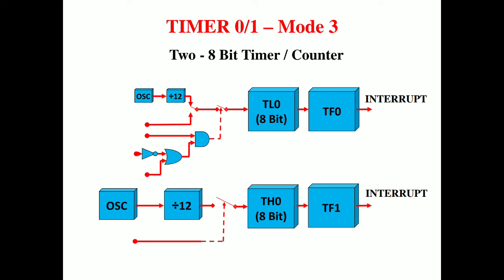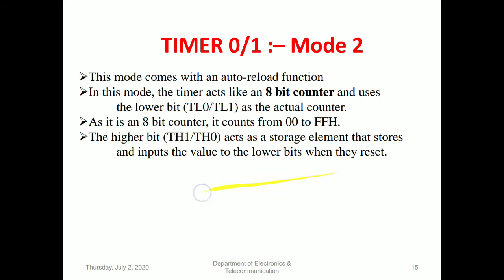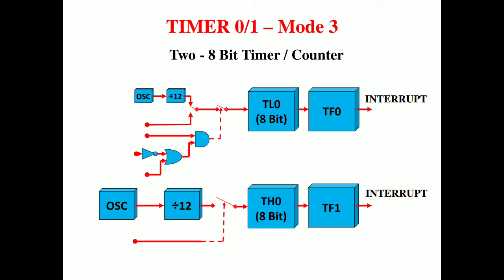If we are considering the TL0 bit, then the circuit related to turning on the timer, that is gate, start the timer, oscillator pulses, internal, external, is the same for the above operations. So here only TL0 is used as a separate timer instead of using TL and TH combined. It will act as an 8-bit timer as its capacity is only 8 bits, and the maximum count is 2 raised to 8, that is 0 to 255.